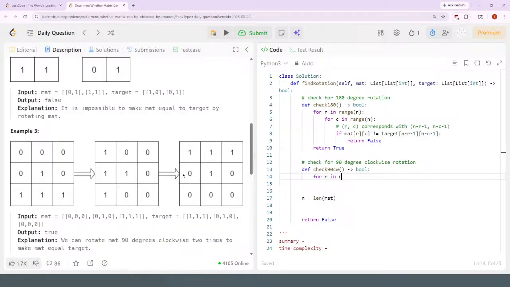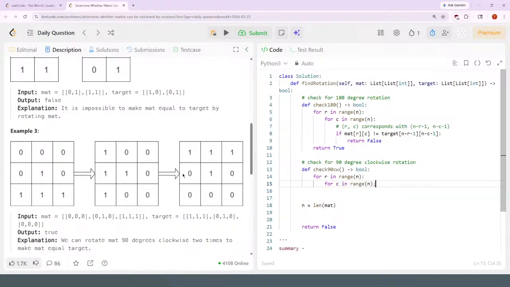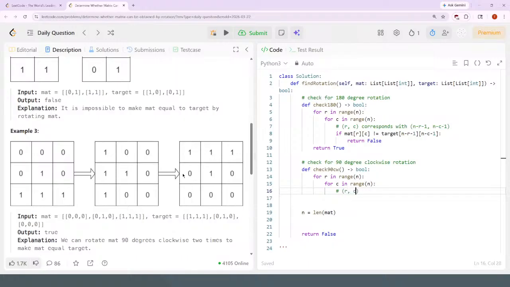For r in range, and for c in range, so r, c corresponds to a 90 degrees rotation around the center. What does it correspond to? So if it rotates clockwise,